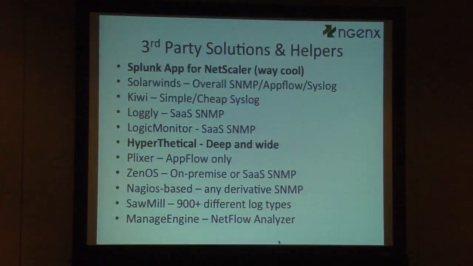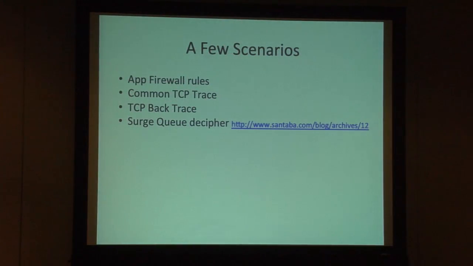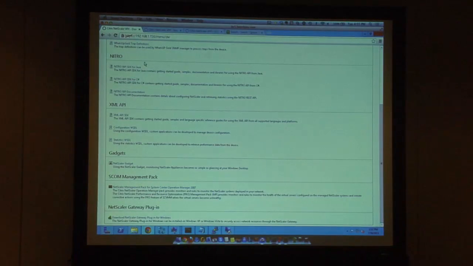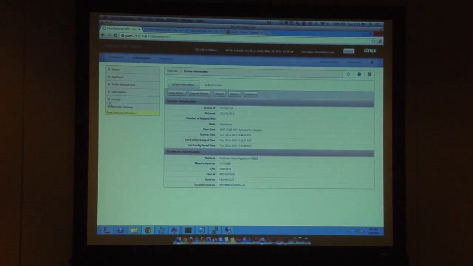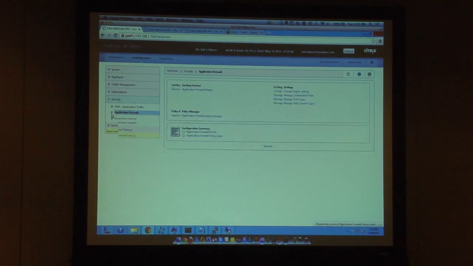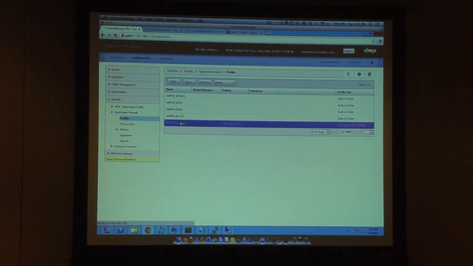I think the last thing we're going to show is just an example of the log information you get out using, for example, app firewall. This also shows the built-in visualizer. So if we go in here and we want to check out